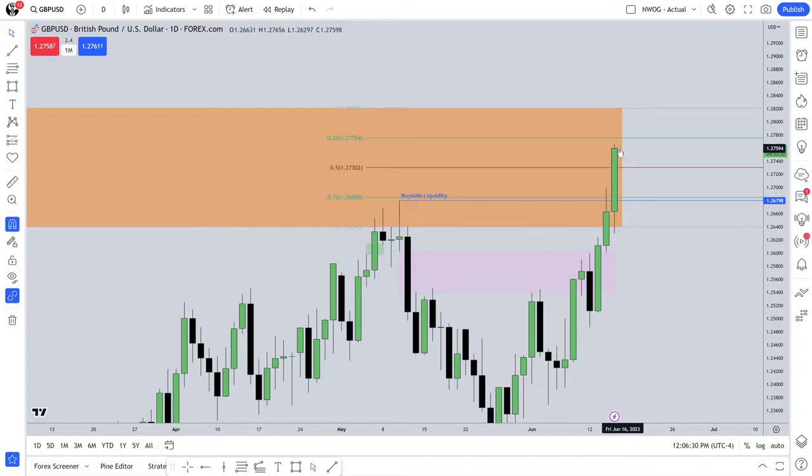I'm playing devil's advocate for a moment, and I don't know this because I'm talking to you as I'm watching it, but let's just say it meets the high of the day already here and it's done. We could gap open higher on Sunday and then trade down to this and fill the gap. And that would be a scenario if you're willing to hold over the weekend. I'm not trying to entice you if you're not in it to do that. I'm just giving you scenarios of how I would think about it.